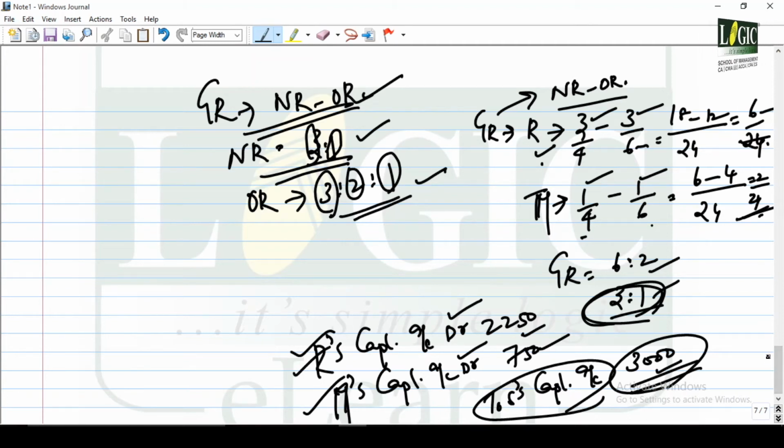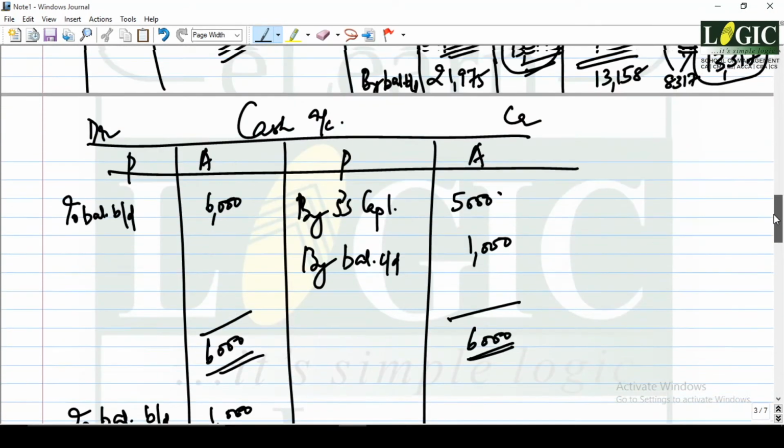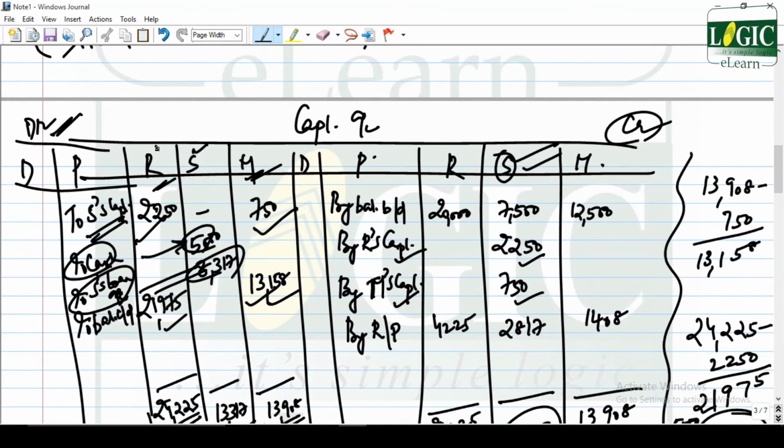Another area of doubt is how to post it. Now in the columnar capital account, these people are debited, R and M. Come to the debit side of R and M. R and M, debit side. In your own account you cannot write your name, so you put the other person who is credited, that is S's capital account, in the respective column. S is credited. Come to the credit side of S. Whom to credit? Your name you cannot write, so by R and by M he got the credit of 2250 and 750.